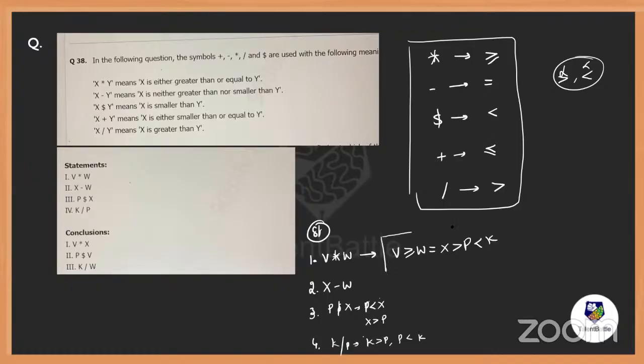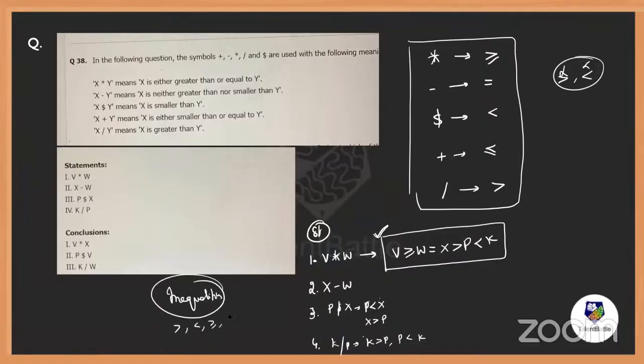So using the statements, this is what you have to do, Abhishek and others. People, if you don't know the method, this is exactly what you must do in inequalities. This question is from the inequalities topic. Inequalities means we'll have only greater than, less than, greater than or equals to, lesser than or equals to, and equals to. So using the statements, you must always give the relation.